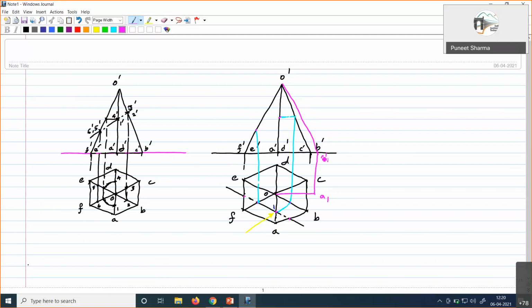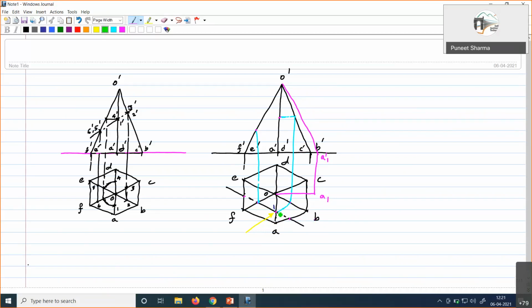But this is required when we need the true length, right? Then we'll have to do this. Since here that is not the requirement, we need to locate the points only in the front view and top view. We can do it by going to OB also, right? Otherwise, we'll have to do this, of course, whatever you are mentioning.